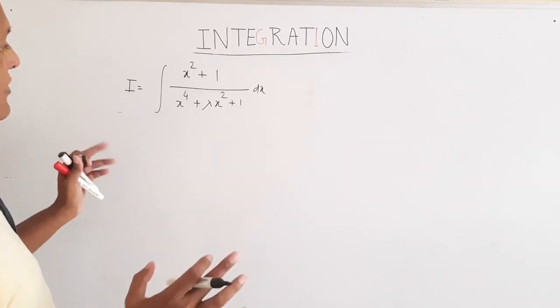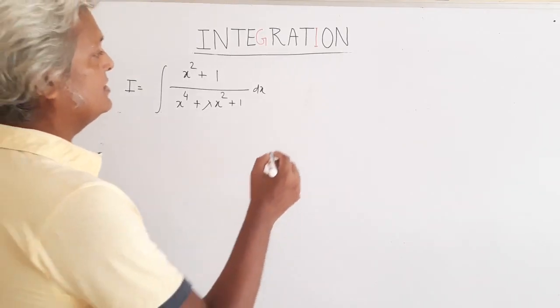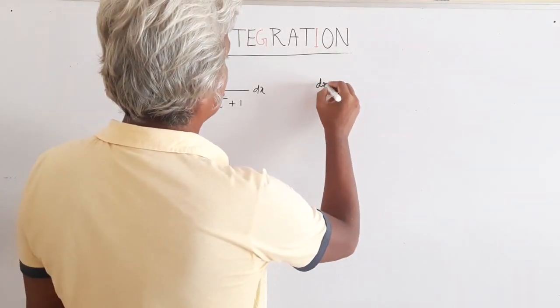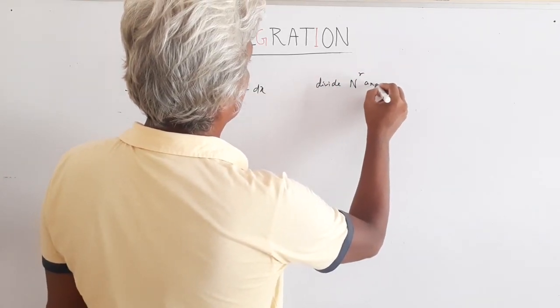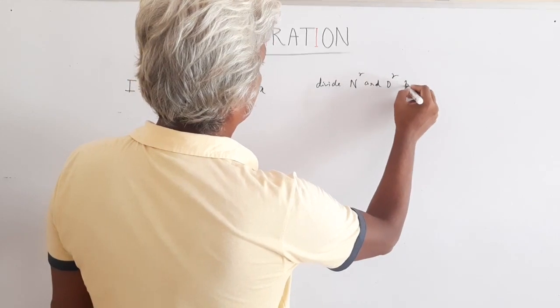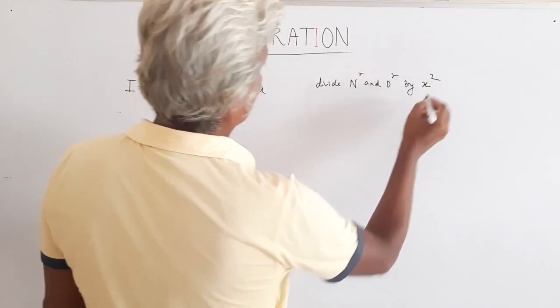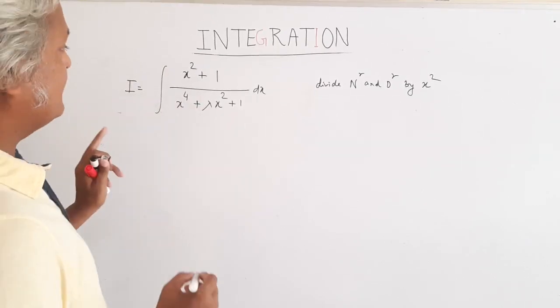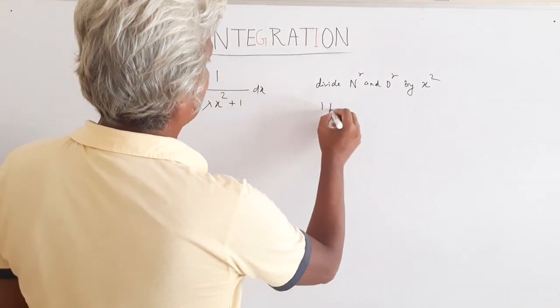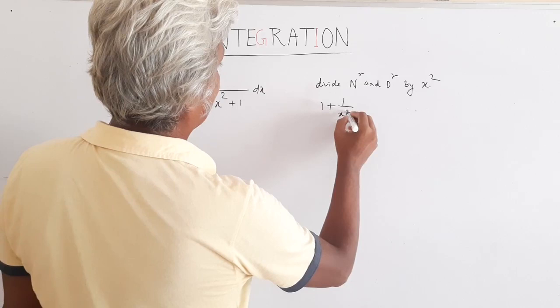So the way of solving these kinds of integrations is that first you divide numerator and denominator by x square, and because of that you will get 1 plus 1 over x square